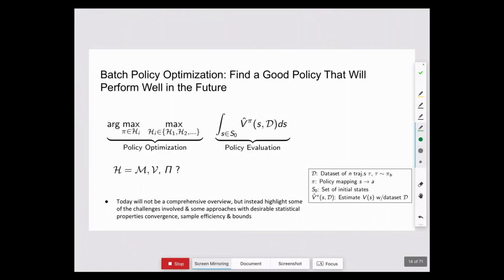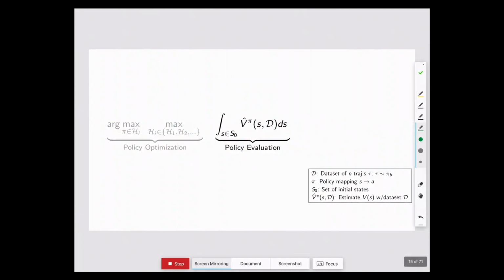Now, I'll just highlight again that this is not going to be a comprehensive overview. This is going to be my perspective on this particular problem. And I think what I'll start with here is policy evaluation. And remember, when we're doing policy evaluation here, the goal is that we're going to be trying to find a very accurate estimate of a policy, with the intuition being that if we can get highly accurate estimates of the true value of pi.